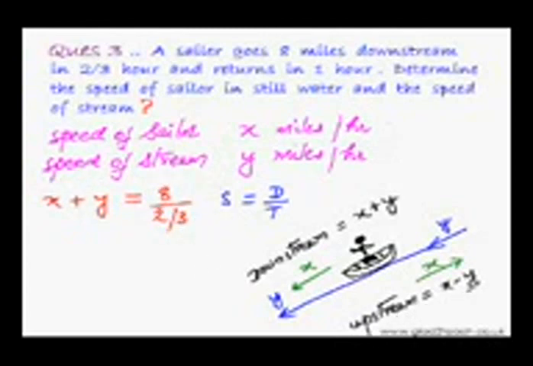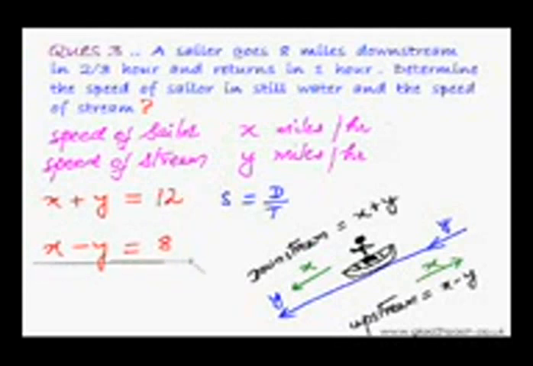So now let us create the second equation as well. Once again, speed equals distance divided by time, that is 8 divided by 1, but we need not write 1 as it makes no difference. So now we have got the two simultaneous equations, and we can further simplify this fraction. 2 4 times is 8, and this over 3 will get multiplied with 4. So 4 3 times is 12. So we can put 12 over here.